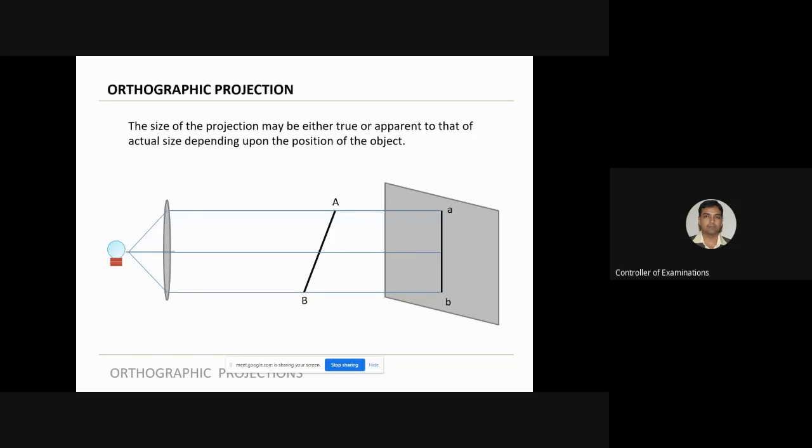But anyway, our basic concept remains the same. Still you are dealing with the same parallel rays of light, and still the rays of light are at 90 degrees to the screen. That is important. So the concept remains the same. Parallel rays of light, and the light is incident at 90 degrees to the screen. So the concept, the methodology remains same. Only thing is, yes, the object is not exactly perpendicular. It is inclined. It may not be true. But depending on that, the image on the screen may be true or may not be true.